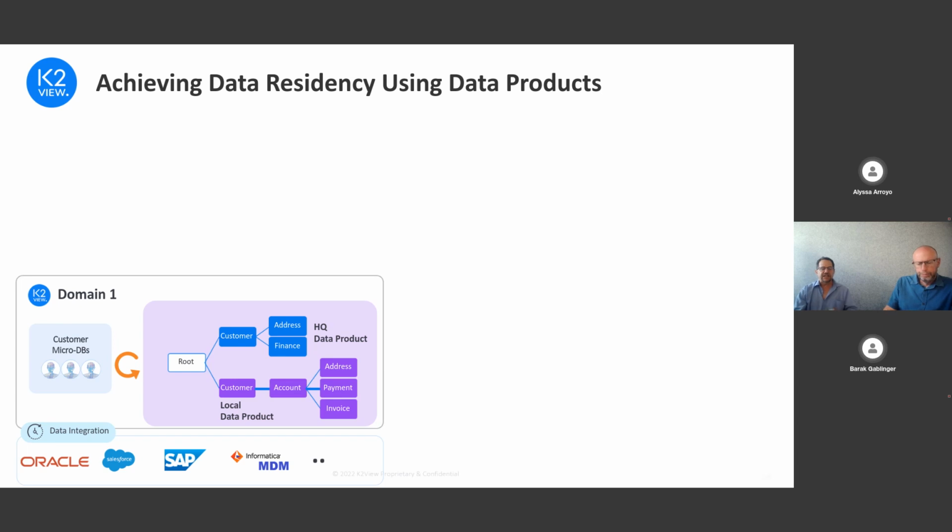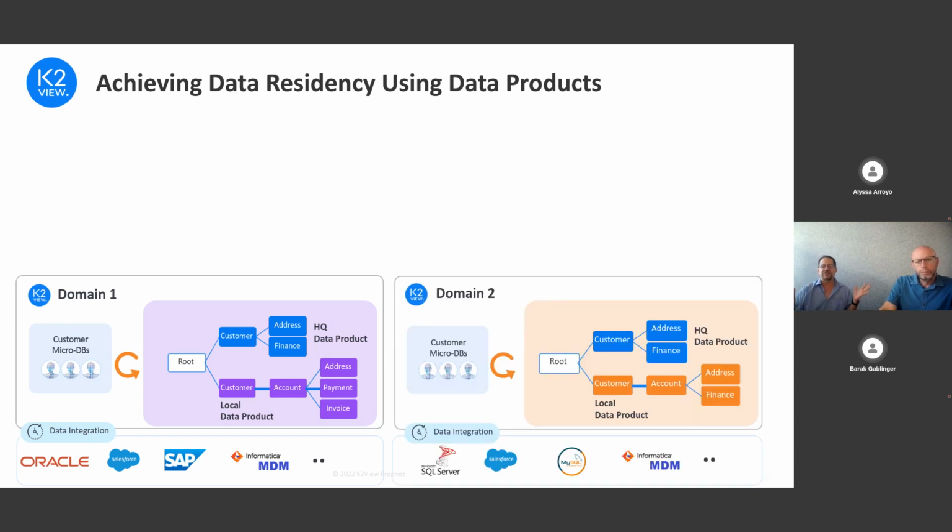Okay. Yeah. So now let's expand it to another data domain. Now pay attention that the bluish remains the same. It's a data product that later on we will inherit. But the local one, which is a different data domain, which is more like an orange or a goldish, I don't know what comes up on your screens, is a bit different, because the data product in that domain has different sources.